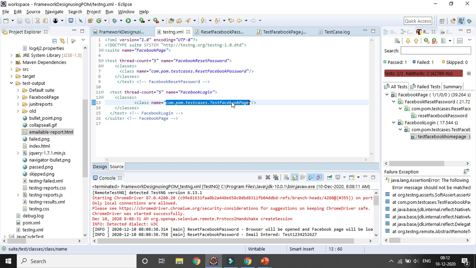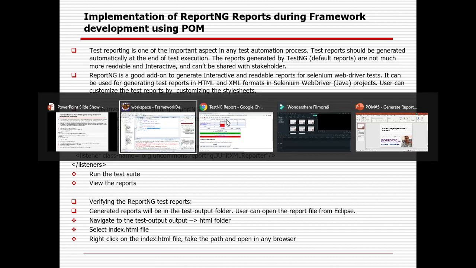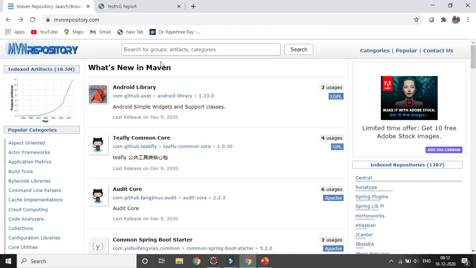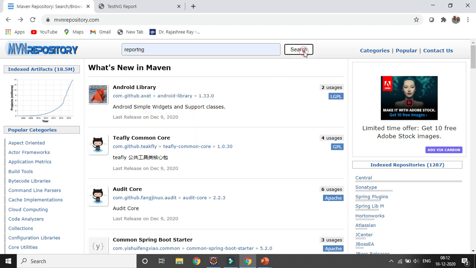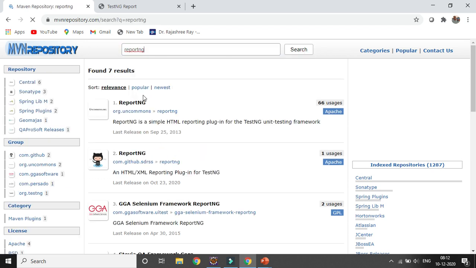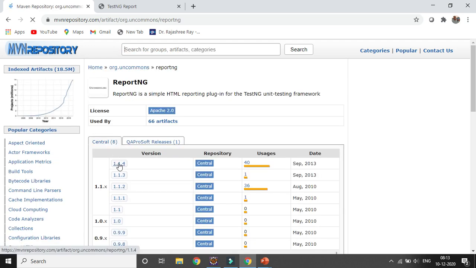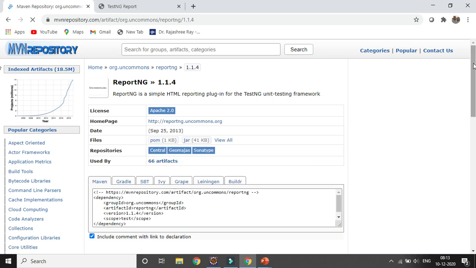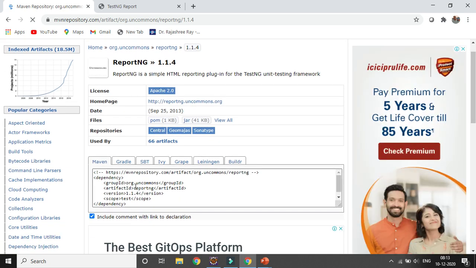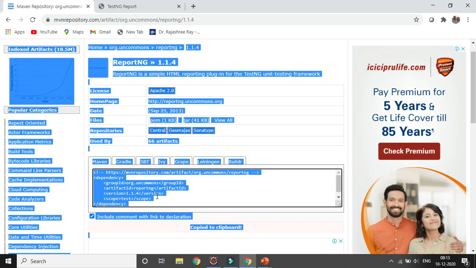Okay, so what are the prerequisites for ReportNG? First, we need to add the ReportNG and Guice dependencies to the pom.xml, right? So I will go to the Maven repository and add the ReportNG dependency first to the pom.xml file. If you click here, you can find ReportNG and you can select any of the versions, like I will go for 1.1.4. So you need to add the dependency. You can see here ReportNG, and the group id is org.uncommons, version is 1.1.4, right? So I will add the dependency